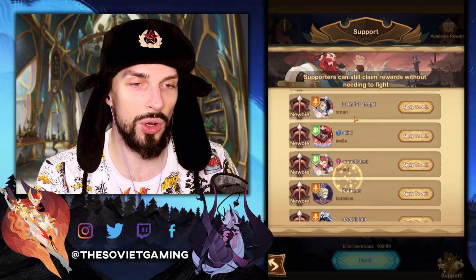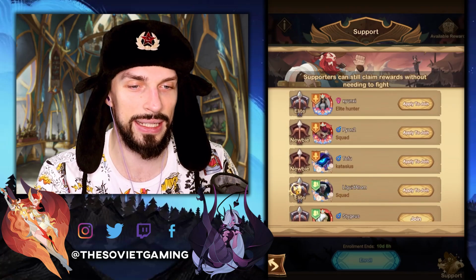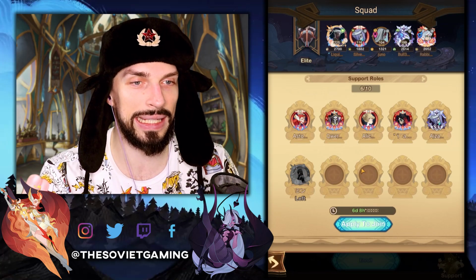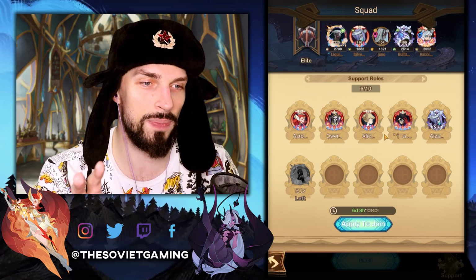You join one of those, and actually some of those are pretty successful. You can see some of those guys are elite here. Let's apply to them and see how it will work. Yeah, there are limited support roles over here. There are like 10 spots for the support, so one team can carry 10 extra people with them,